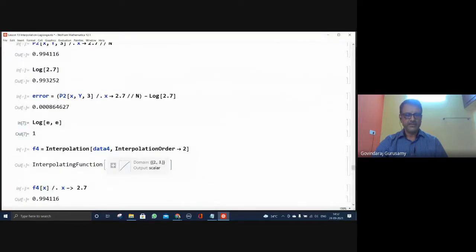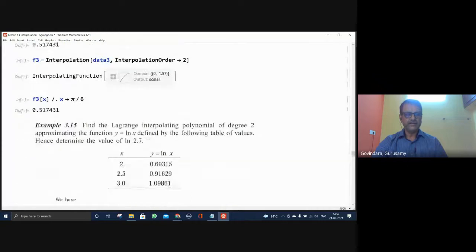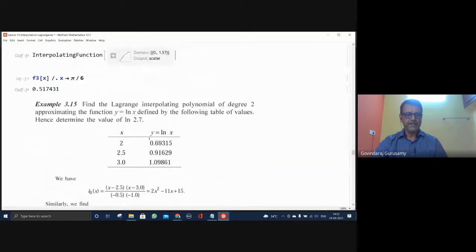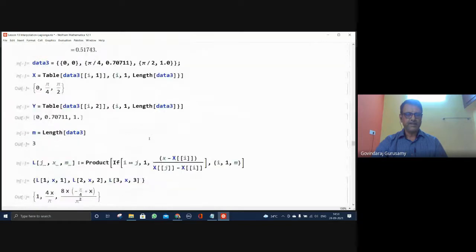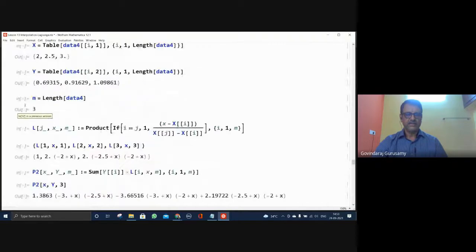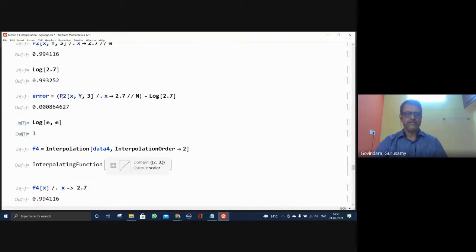So I think this is almost complete except the error part, which I have not done, which is also possible to do. But I have done it for the case of ln, though not using the formula, but as it is. Where is it? ln results. Yeah, this is the error here. The actual function is ln of 2.7. This is the function which is interpolated.